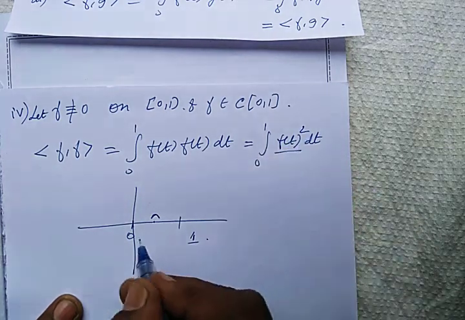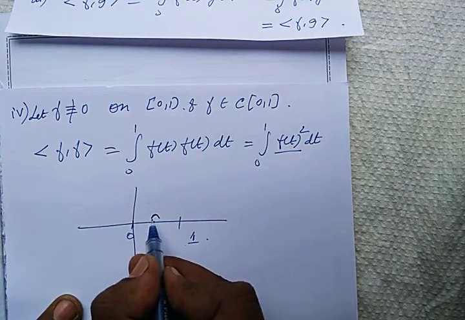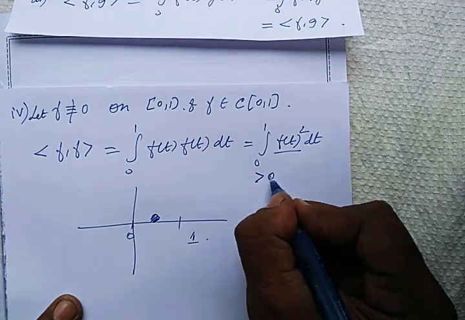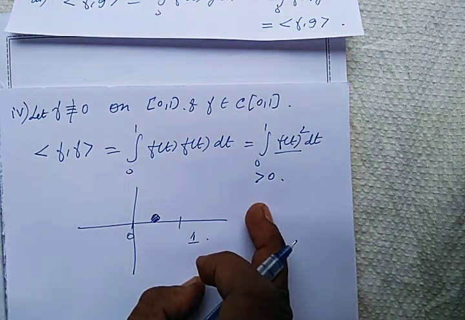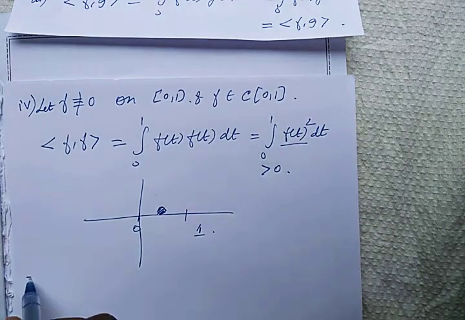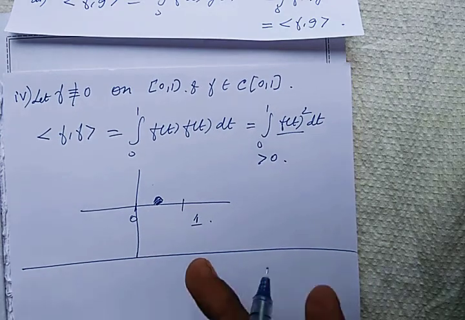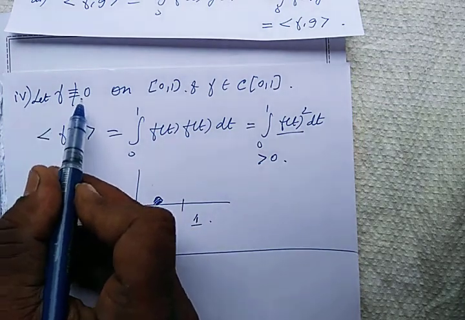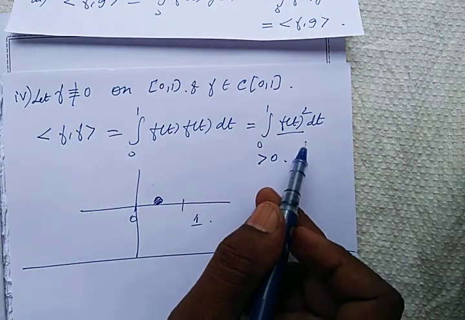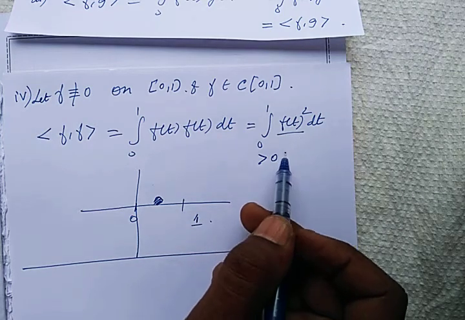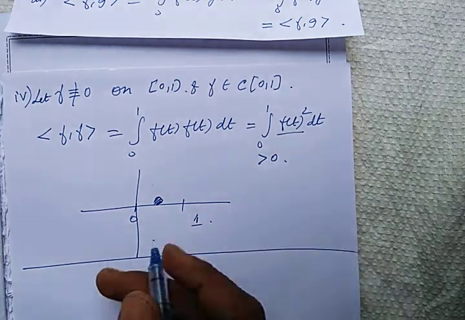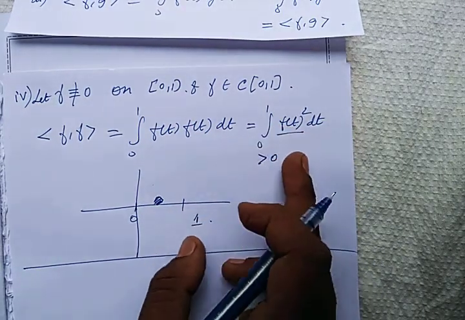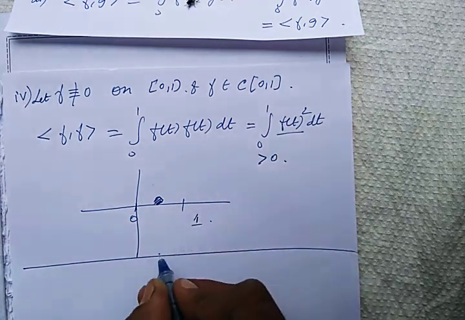So anyway, if you integrate this one, we will get some positive area only, because below this one we will get some positive area. So this will be positive. It's a property of continuity. You try to realize this one through real analysis. If f is a continuous function and if f is non-zero only, this is possible. Otherwise, if the continuity is lost, this is not true. I am not giving the entire correct proof, but somewhat it's a proof. It's an application of continuity. So